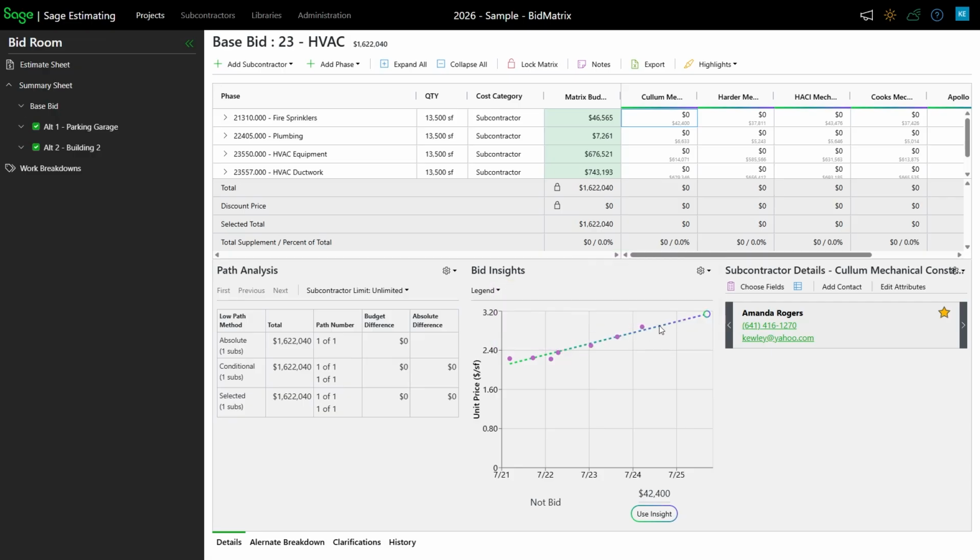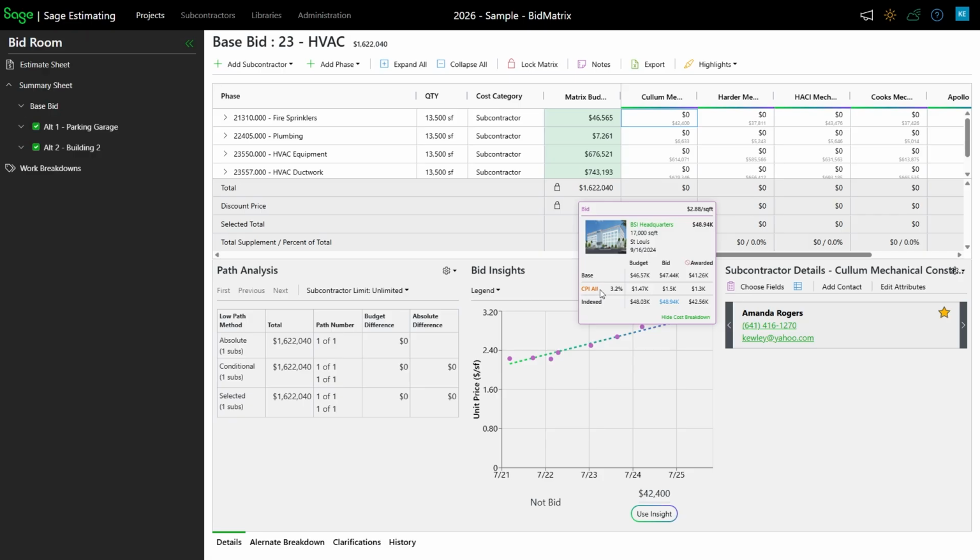If I click on this drop down, I can actually see the cost breakdown detail. This is where I was saying earlier that this is what my budget was on that particular project. Here was what this sub's particular bid was. And this is what I ended up going with. In this case, there must have been someone who came in cheaper or filled more of the components of what I needed for this project. So I could tell that that was not necessarily the one that won the bid.